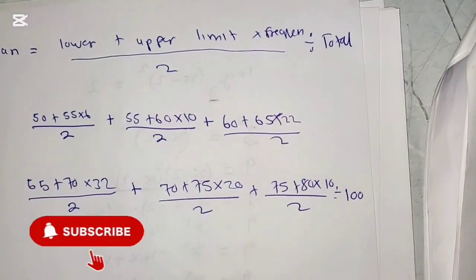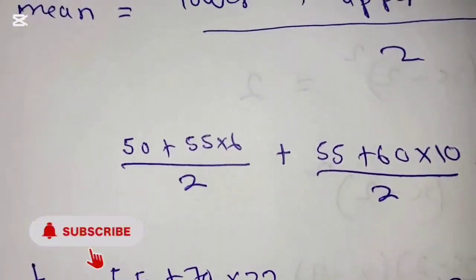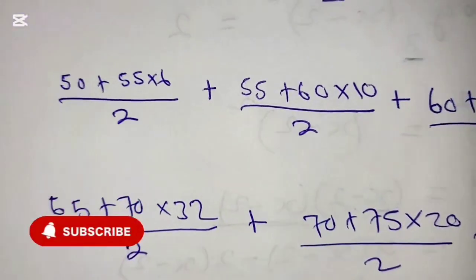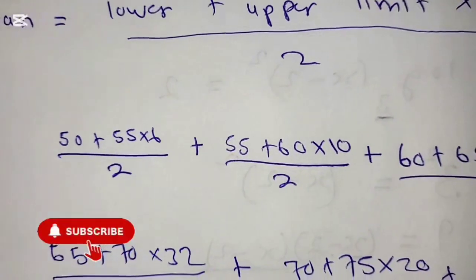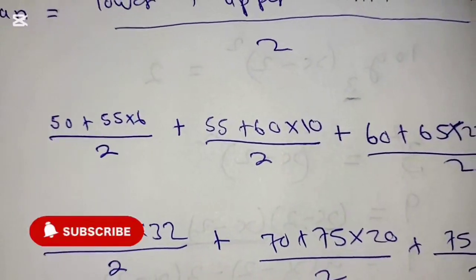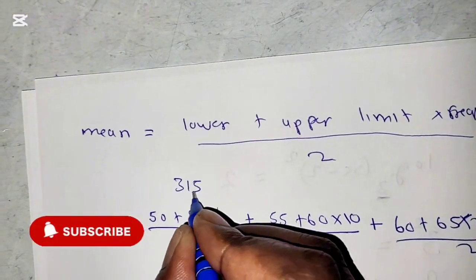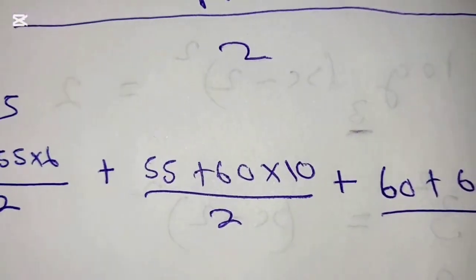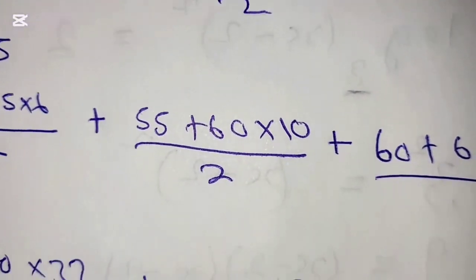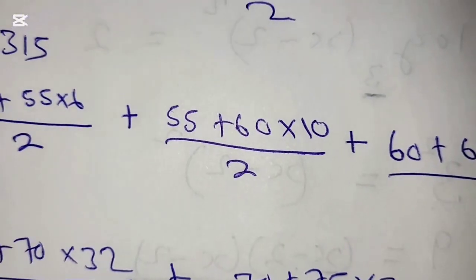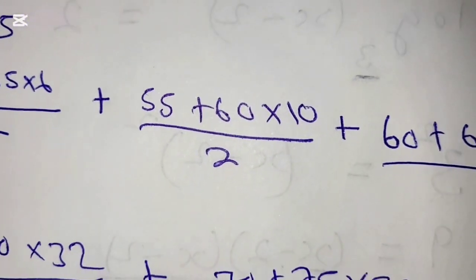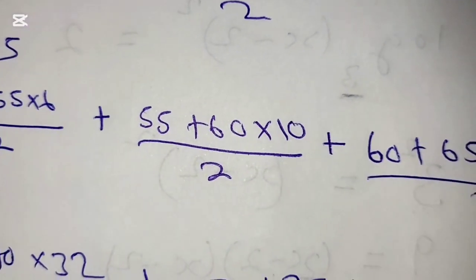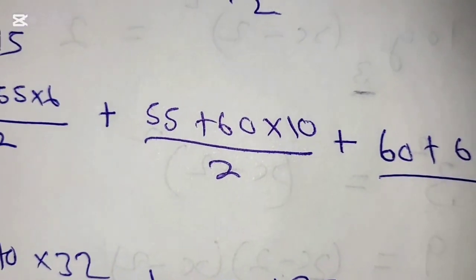plus 55, then is equals to, times 6 is equals to, then divided by what? Divided by 2 to get what? 315. So 315, then 55 plus 60 times what? 55 plus 60 is equals to, times 10 is equals to, then divided by what? By 2 to get